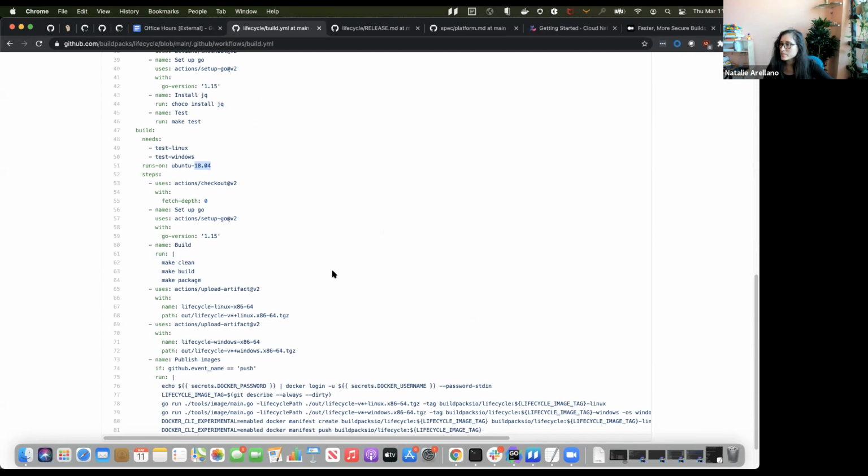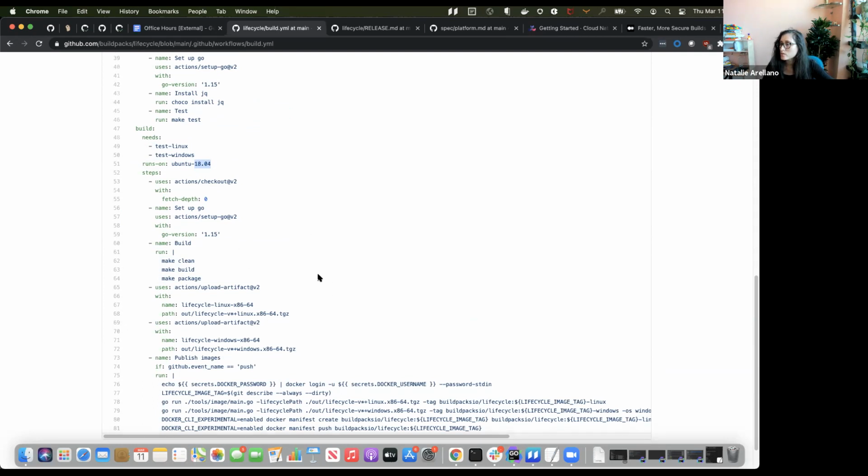And then what's probably interesting for our purposes here is the fact that we package the lifecycle binaries into the format that you would see on the release page. If we decide to ship these artifacts, these would be the ones that you download. So that gets uploaded to wherever GitHub keeps track of them.